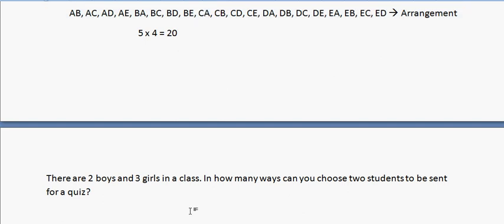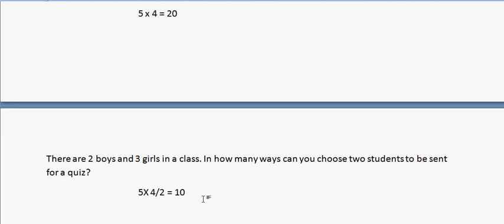So which means we have to just divide this by 2 to get the actual number of teams which can be formed, right? So there can be 10 teams which can be formed, right? So this is the number of teams which can be formed, right? And this is what we called as selections, and we denote it by nCr, right? So there are 5 people and we have to select 2 out of them, and it is denoted by nCr, and it is given by